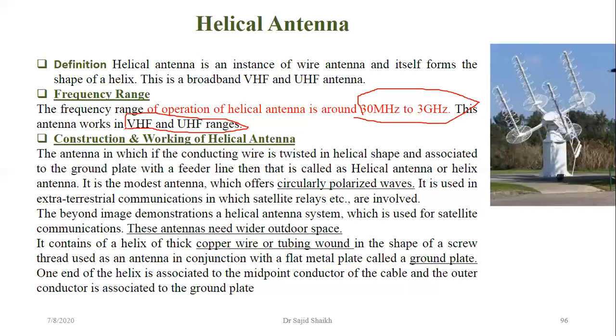Okay, and previously the wired antennas were used for medium frequency to high frequency. This one is for very high frequency to ultra high frequency. Okay, so these antennas are useful for very high frequency radiation. And why are these antennas called helical antennas? These antennas are called helical antennas because of the shape of the wire. Here you can observe that the shape of the wire is helical. So that's why we call these antennas helical antennas.